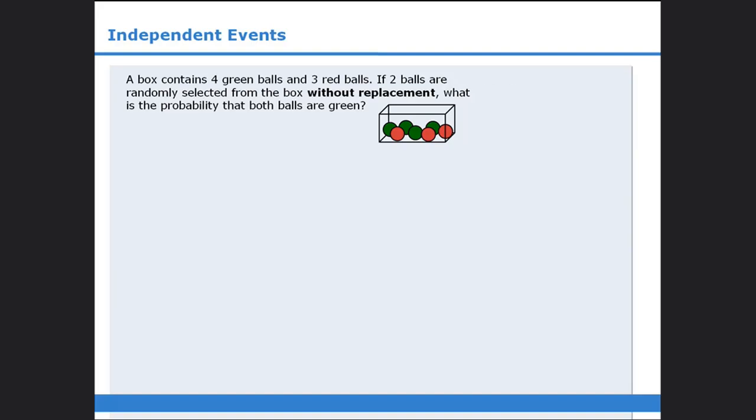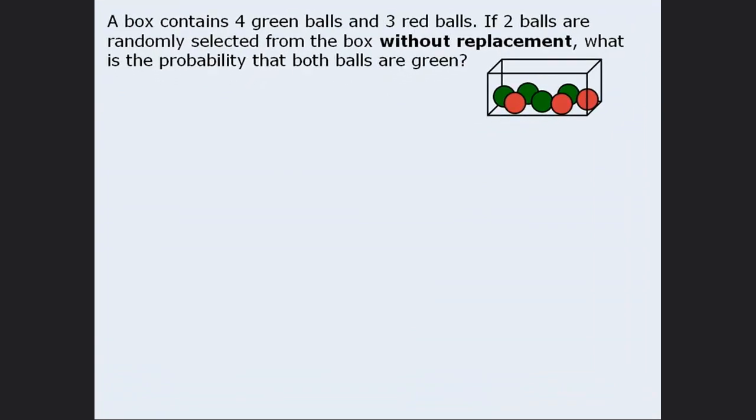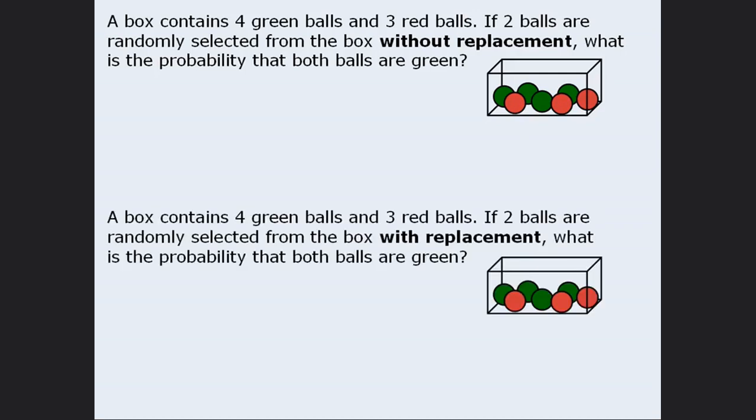In this lesson, we will examine the concept of independent events. To do this, we will examine 2 questions. The first is one you saw earlier, and the second question is almost identical to the first question. In both questions, we are selecting 2 balls, and in both questions, we want to find the probability that both